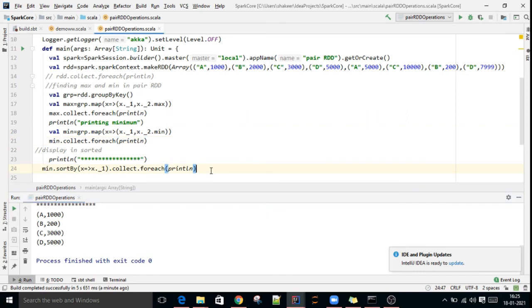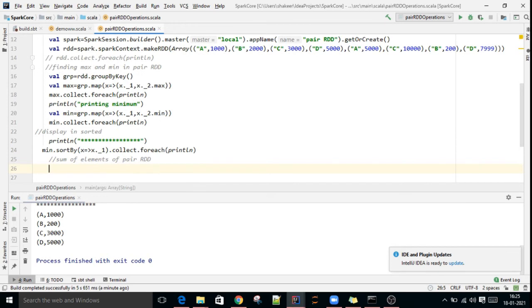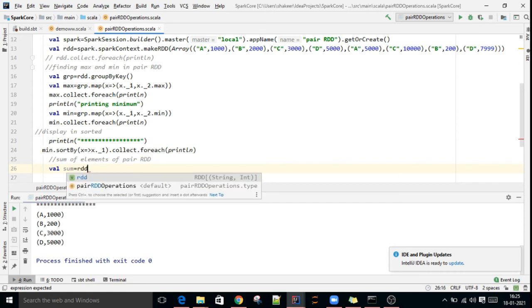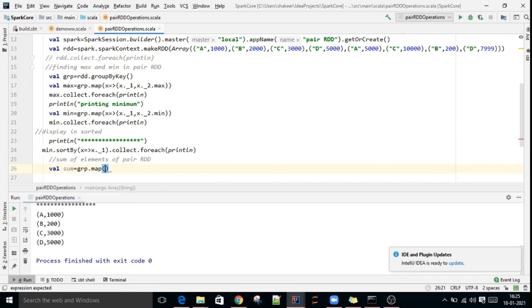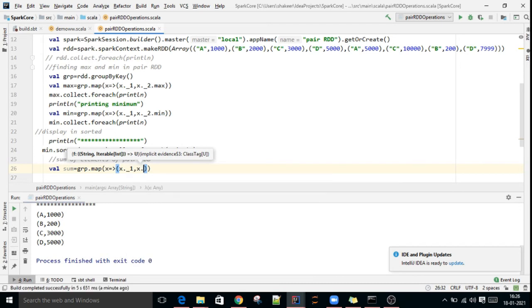Now we'll do the sum of the elements of the pair RDD. val sum equals rdd or grp.map of x such that x._1, the key, comma x._2.sum, that's it, to add all.